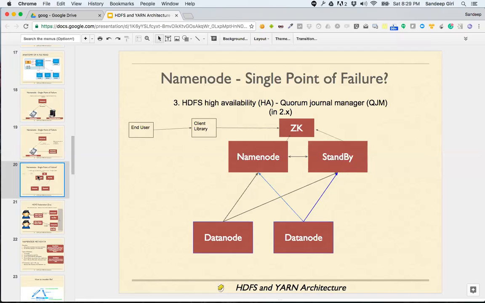We have talked about the cases where the name node fails, as in there is some problem with the name node and it shuts down. So we talked about two defenses against that. One was creating a secondary name node, and second was using the standby name node, right?